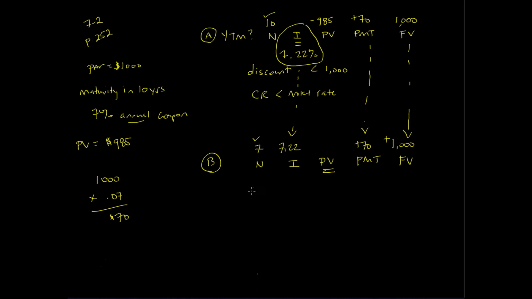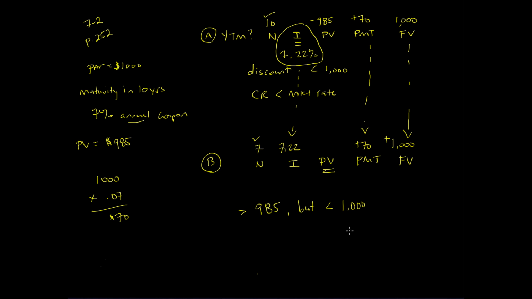In the bond introduction video, I told you that as a bond approaches maturity, its price will approach par value, in this case, $1,000. So what we will anticipate is that since we're closer to maturity in part B versus part A, what we should see is a price higher than $985 from part A, but less than